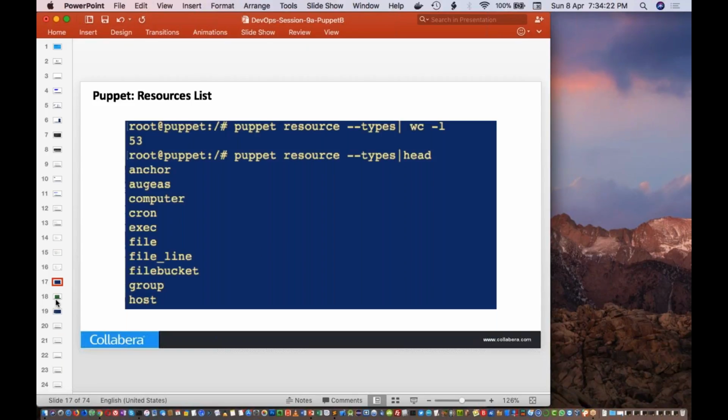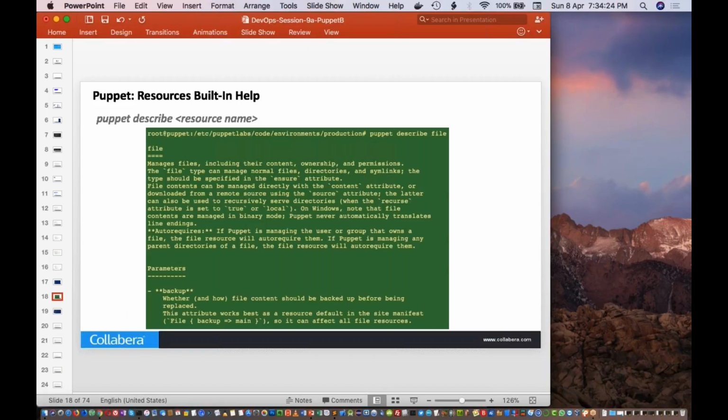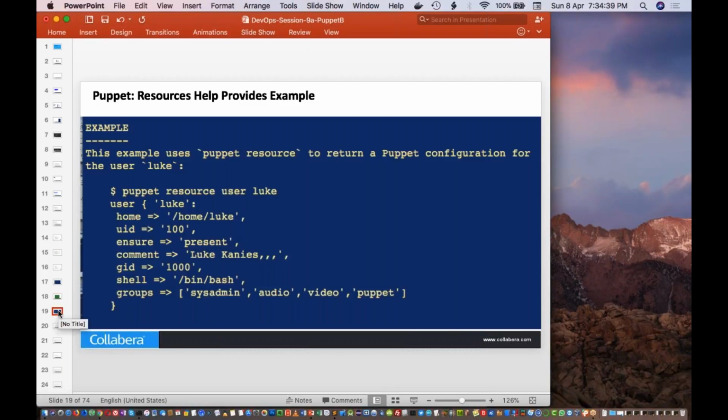Okay, now this one we saw. Then puppet describe. Vivek is saying prints from the top of the file. Exactly. So it will print from the top of the file and it will terminate, like it will only print the first 10 by default. Okay, now this is the user command that we saw as an example.